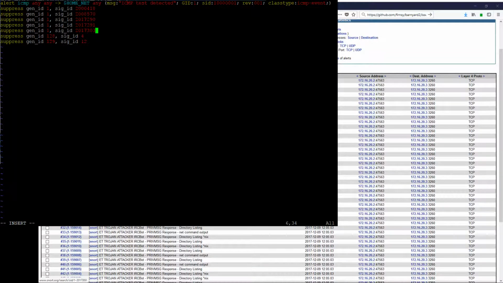Now what we can do is add source and destination IPs, which might be a good idea here, because what if in the future this is a legit signature and we're suppressing it altogether? So what we might want to do is suppress it by source IP, which seems to always be